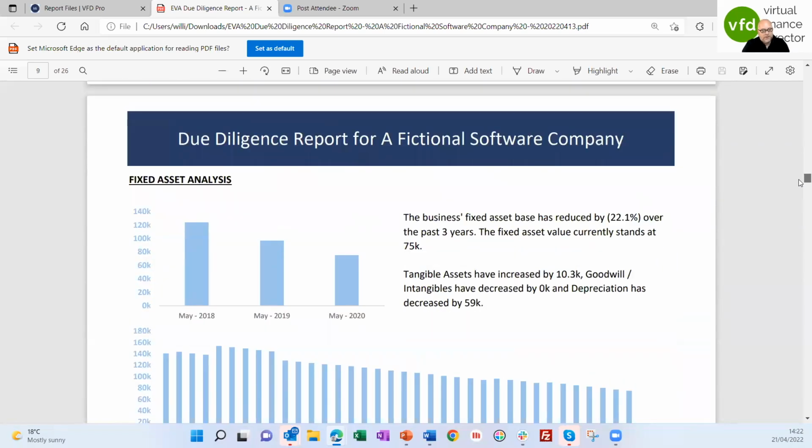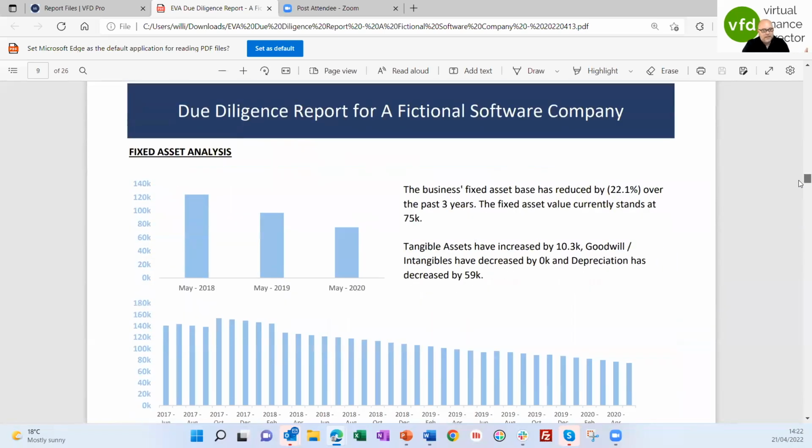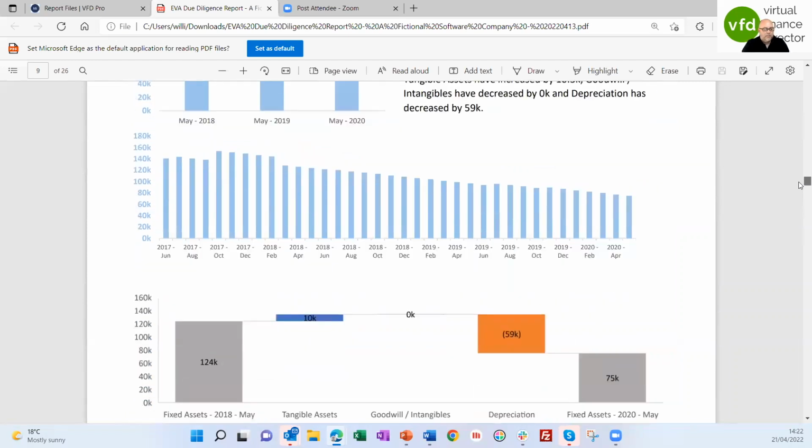Then I want to go into the balance sheet. So from a fixed assets perspective, again, I'm less concerned about the number. I'm more concerned about what's happened to that fixed asset base. So if it is an asset heavy business, it requires machinery, etc., to generate the revenue. I'm really interested here to see how much investment there's been over the last 3 years. Because if I've got a business as is this one, which has had